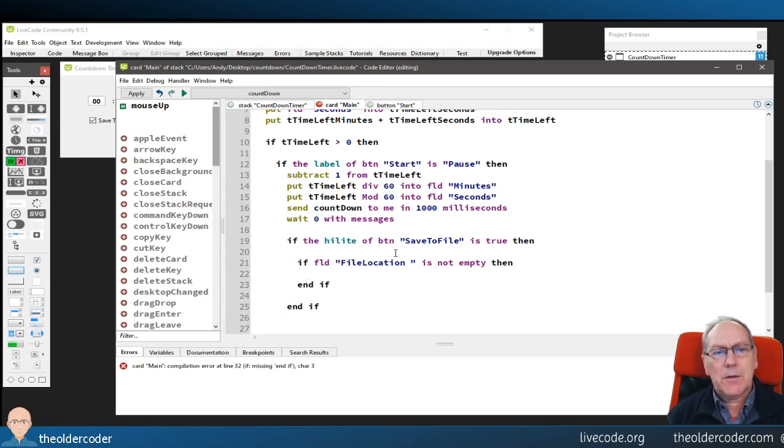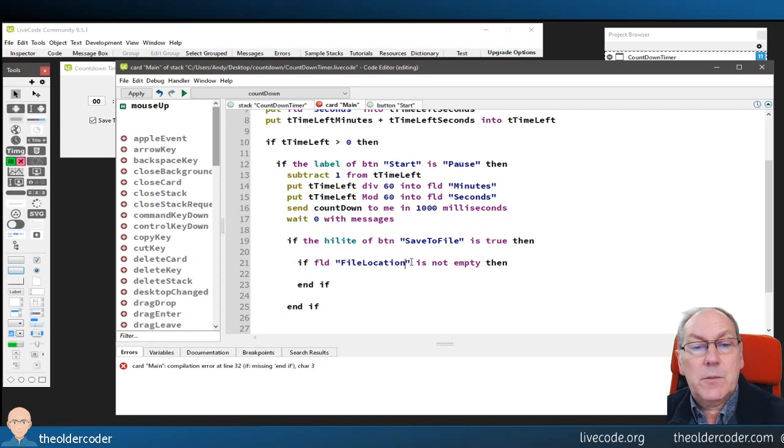So quite often, as long as you name your variables carefully and name your controls so they're very obvious what they are and what they do, then you really don't need to put many comments in your code, as it's very, very readable. Okay, so if field file location is not empty, I don't want a space in there, that would give me a problem, then we can do our